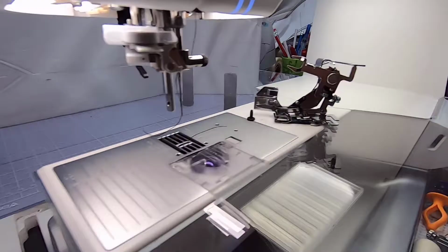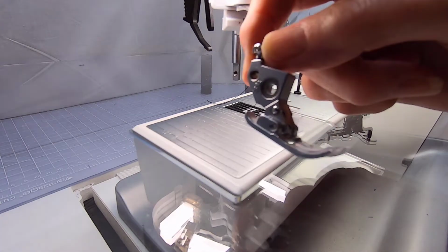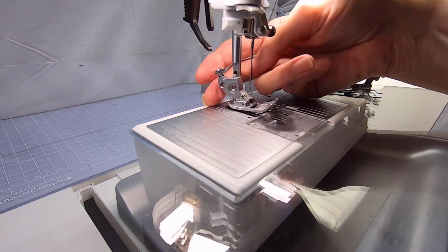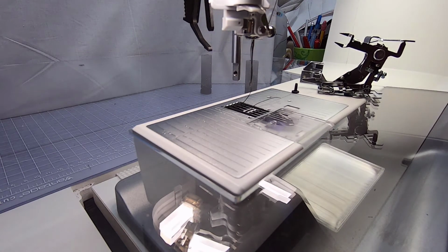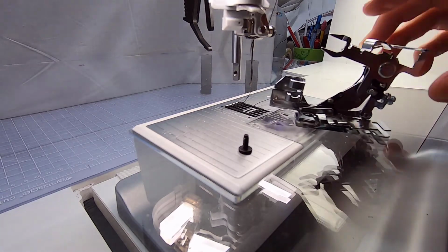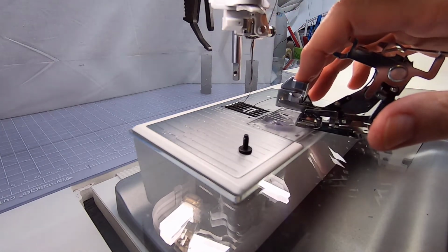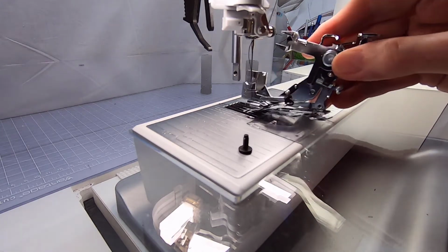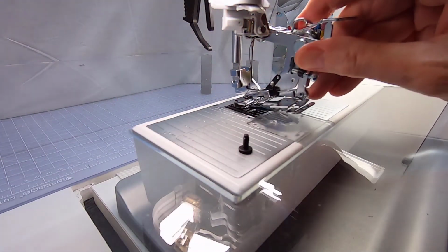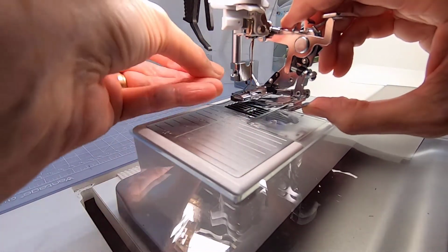To put the ruffler on the machine, you have to take the ankle off. You see the ankle? You have to take the ankle off. You unscrew it, take the ankle completely off, keep the little screw, and how this goes on is this fork is going to go around the needle bar, and this attaches to the shaft. So you put the fork on the needle bar first, and then you line it up on the shaft, put your screw in,